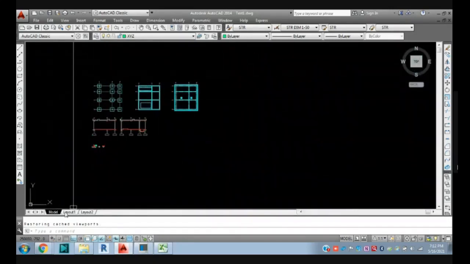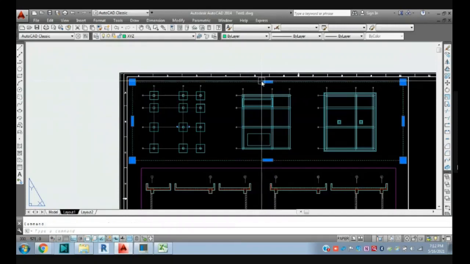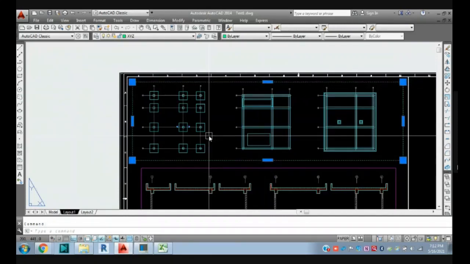If you want to change this rectangle from layout space to model space, you need to give the change space command. Suppose you want to relocate some elements from layout space to model space or model space to layout space, you can use this command.